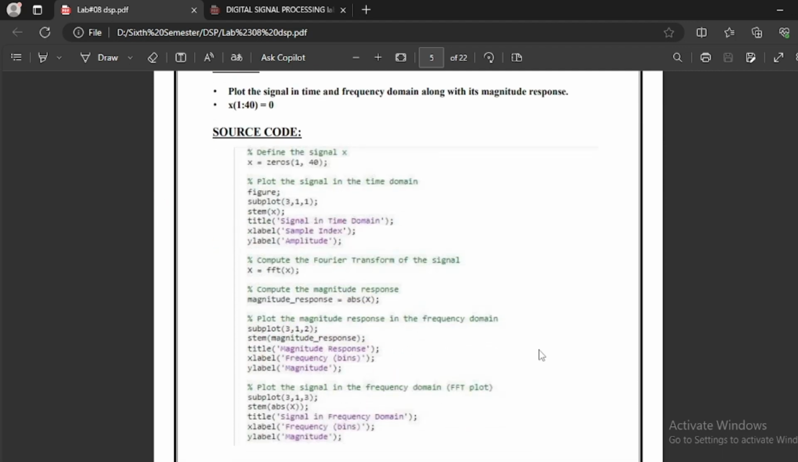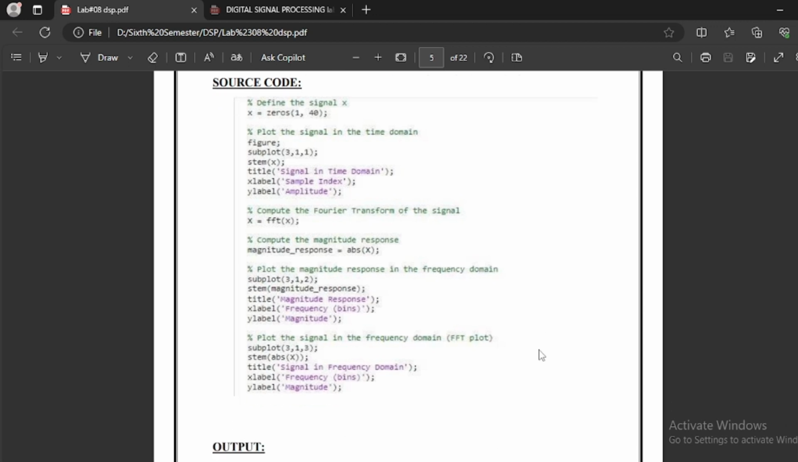This is our source code. We generated source code. Basically, first we have to define the function, then we use this subplot command, stem, because it is to create signals. We use this stem command, title, x label, y label, compute the Fourier transform of the signal,